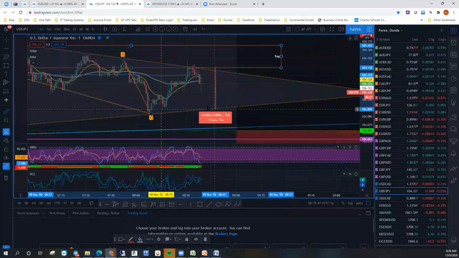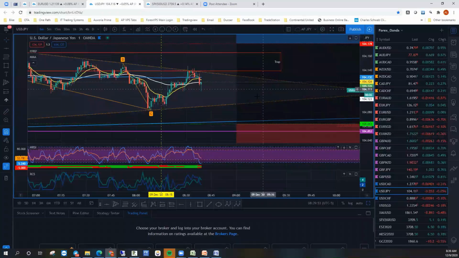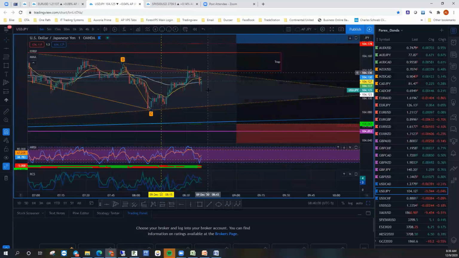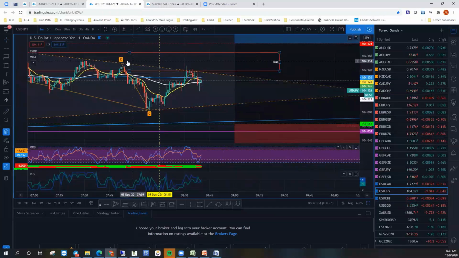It only has 5 pips to go to the bottom of the wedge. Not enough range for me. I'd like to see a little bit stronger pullback. Yeah, not enough for me either. You can see this wedge is just getting tighter and tighter as it goes along. Probably going to blow out at 9 o'clock or at 9:30